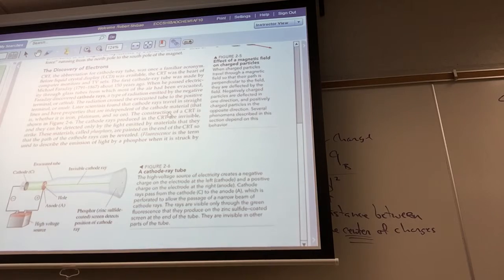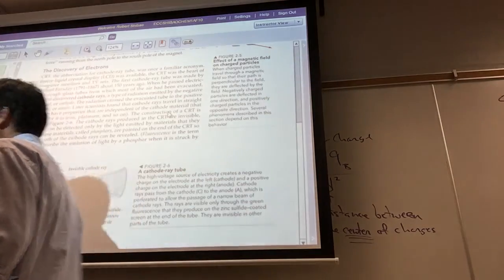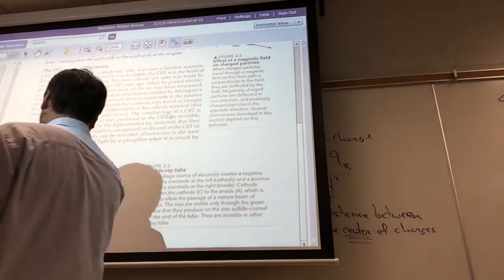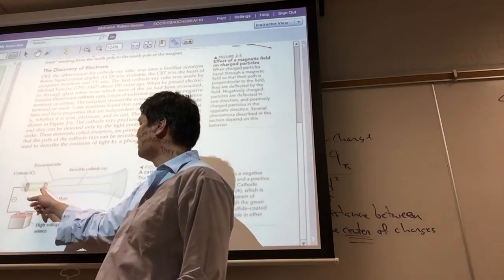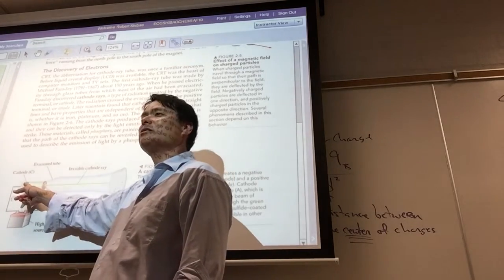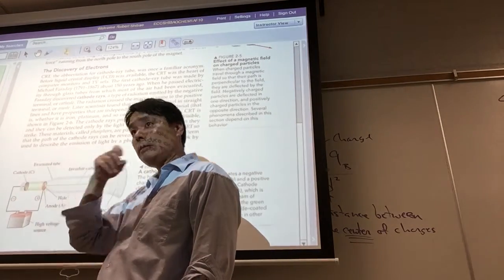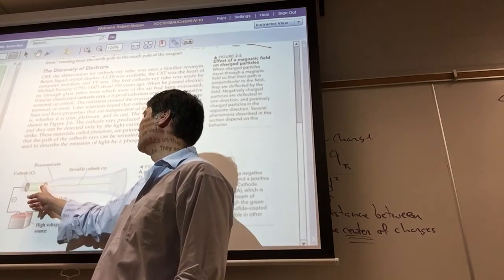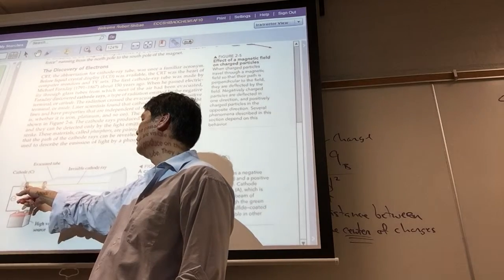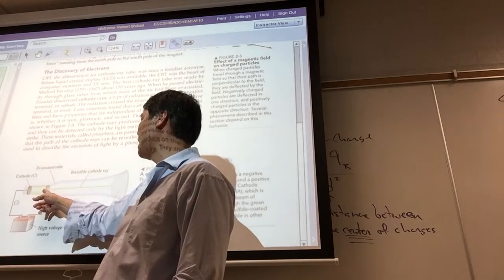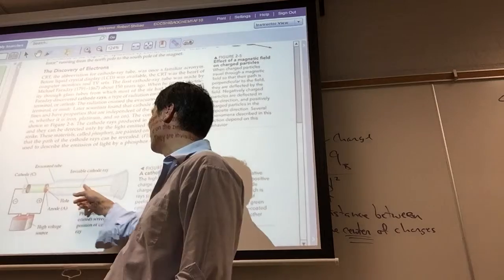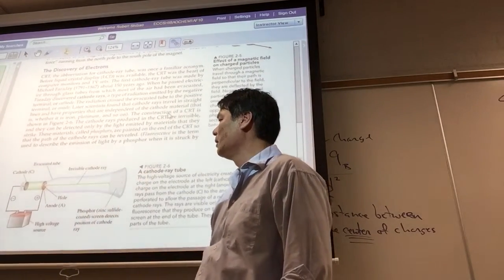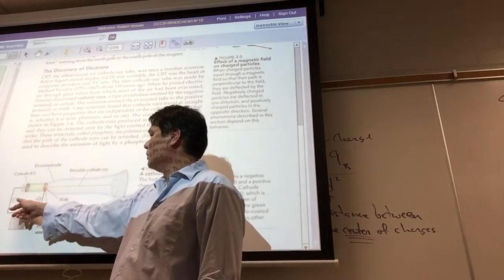Here's the cathode ray tube here. These are called electrodes here. You don't have to know the names of this. This is actually the cathode. The cathode is where the electrons are being generated. The anode is where the electrons are being attracted to. Cathode generates the electrons here, shoot out. There's a hole in the anode, so they just go pass through. This is a beam of electrons, the invisible cathode ray. And you just put an electric